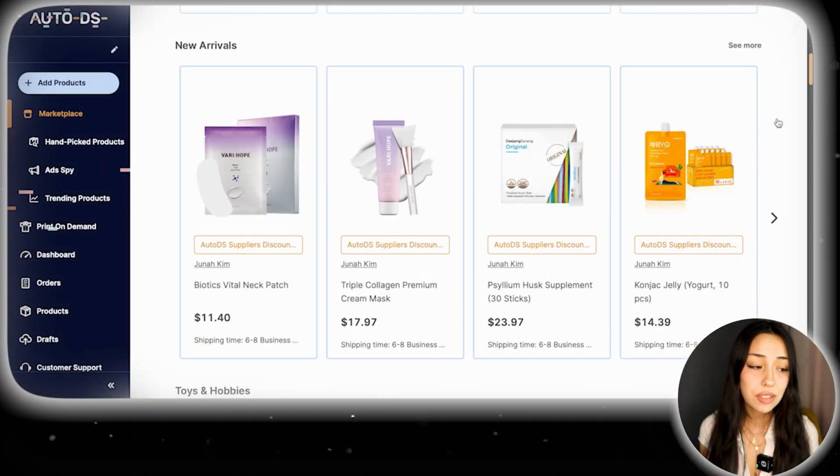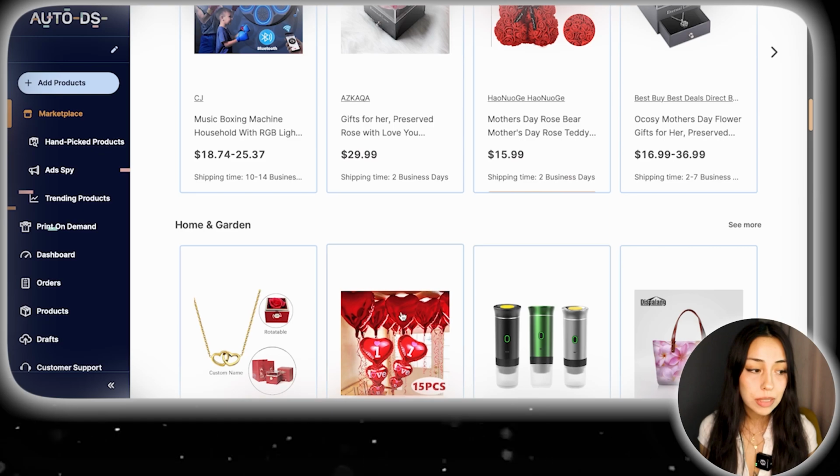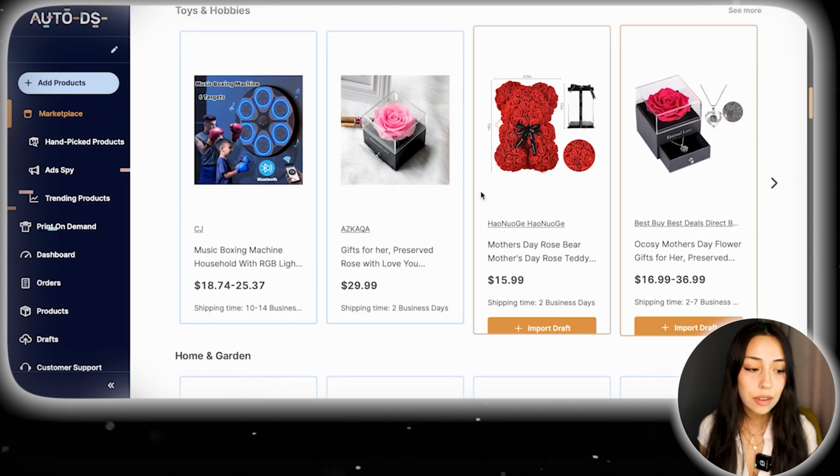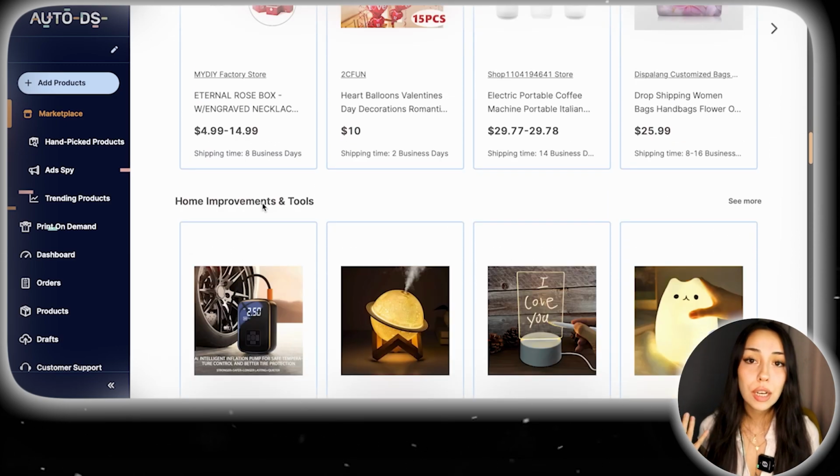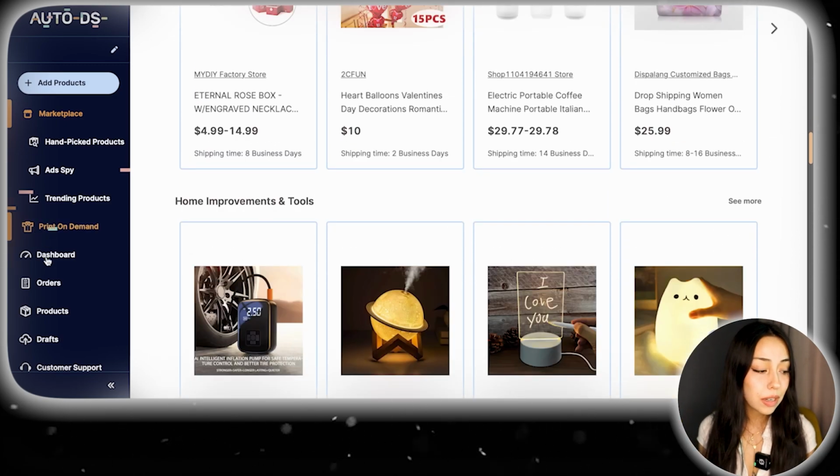I'm sure you can find some good stuff here because they're always updating things and putting new things here, like Valentine's Day is coming up. There's a lot of Valentine's Day products, but when it comes to order fulfillment, which is something I really like,